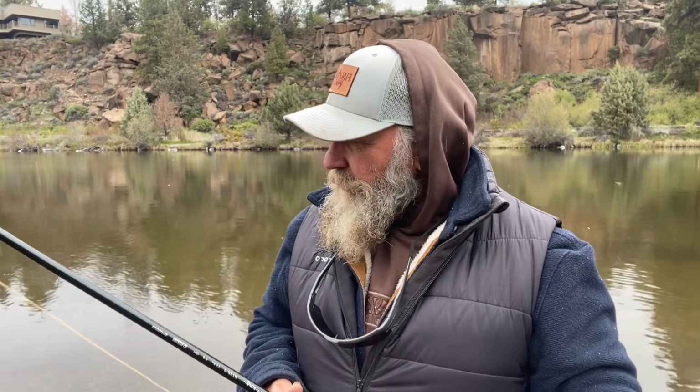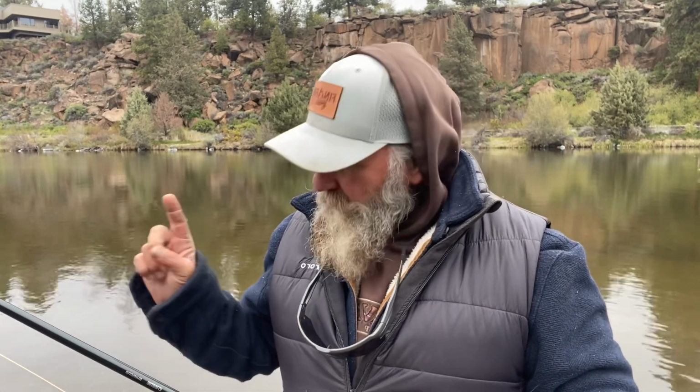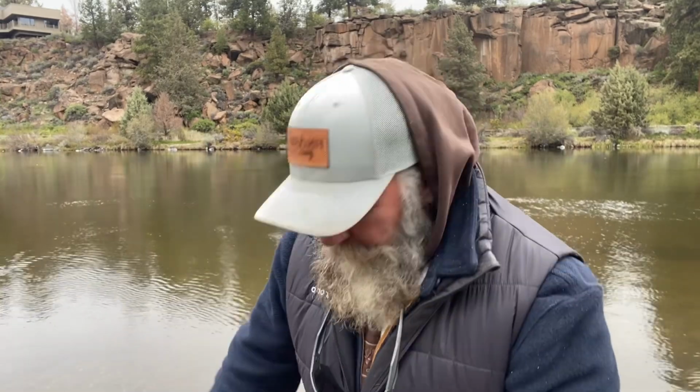Casting a sink tip with the longer head, okay? Call it a shooting head. It's the Bridge Wintertide. These are cool lines because you can put a moderate to light sink tip on it. This is probably as heavy as I might go, just for personal preference. You can put a Rio 15-foot replacement tip, floating tip on this and have basically a 40 some odd foot